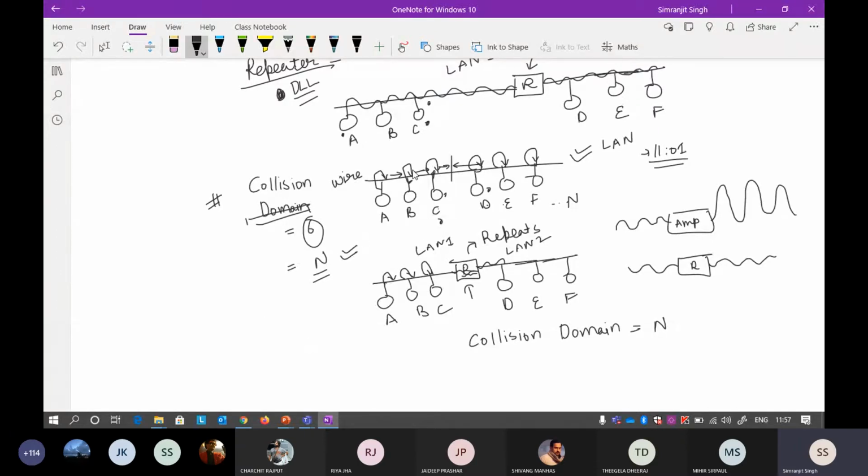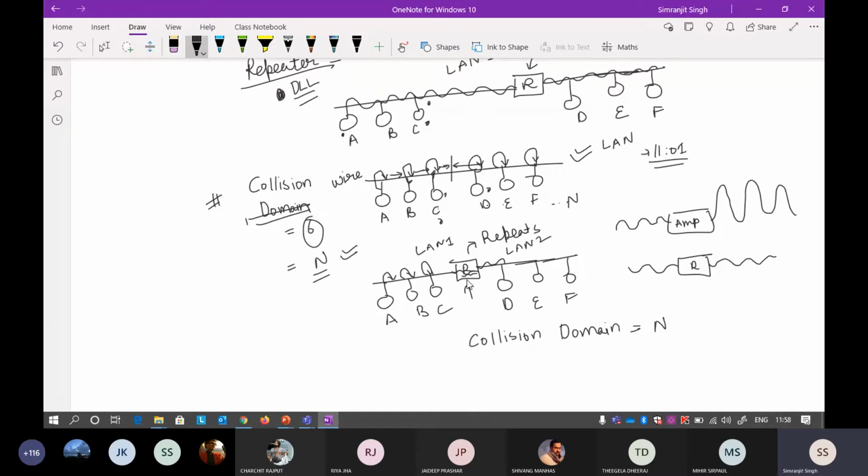Another thing is that the introduction of a repeater does not decrease the collision domain. By adding the repeater, the collision domain will remain the same. If you take the repeater out, you are communicating with a single LAN wire. The collisions that happen on a wire also happen inside the repeater. Keep in mind, that is a very important thing to know, because most people think that with the introduction of a repeater, the collisions in a LAN will decrease, but that does not happen.